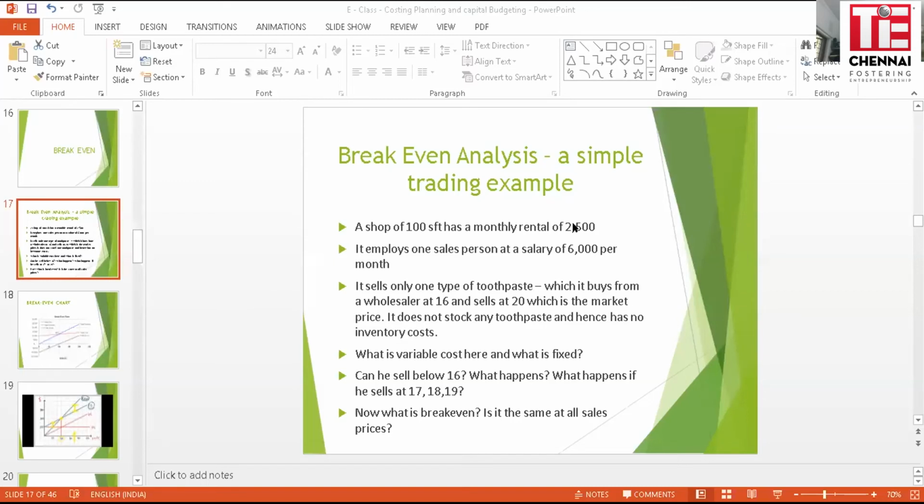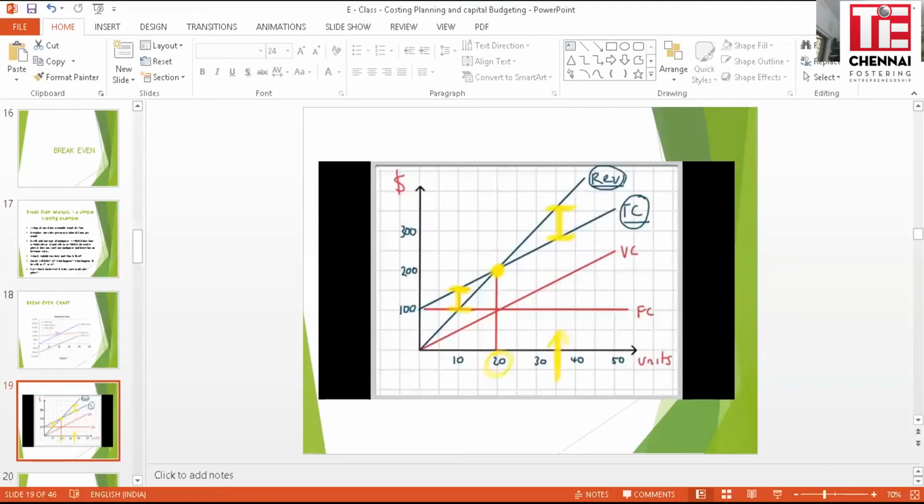Break-even analysis is a very simple trading example. Again, I'm going to give you a very, very simple one. The idea of break-even analysis is to find out, are you pricing your product properly? Rather than do this here, I'll come back to it because I have a thing here. This looks a bit scary. But I will not do this before I take you here. Let me go through a first document here.